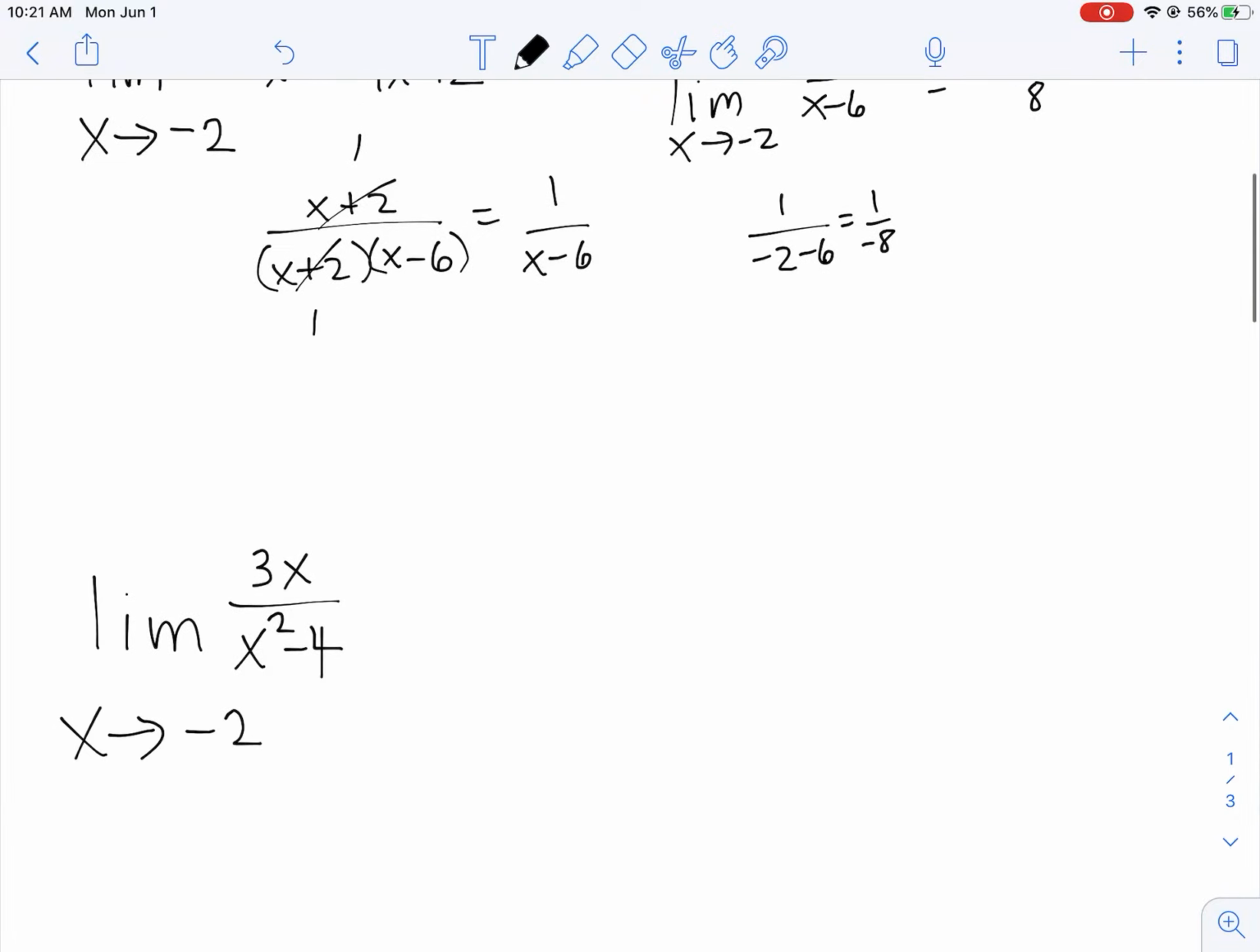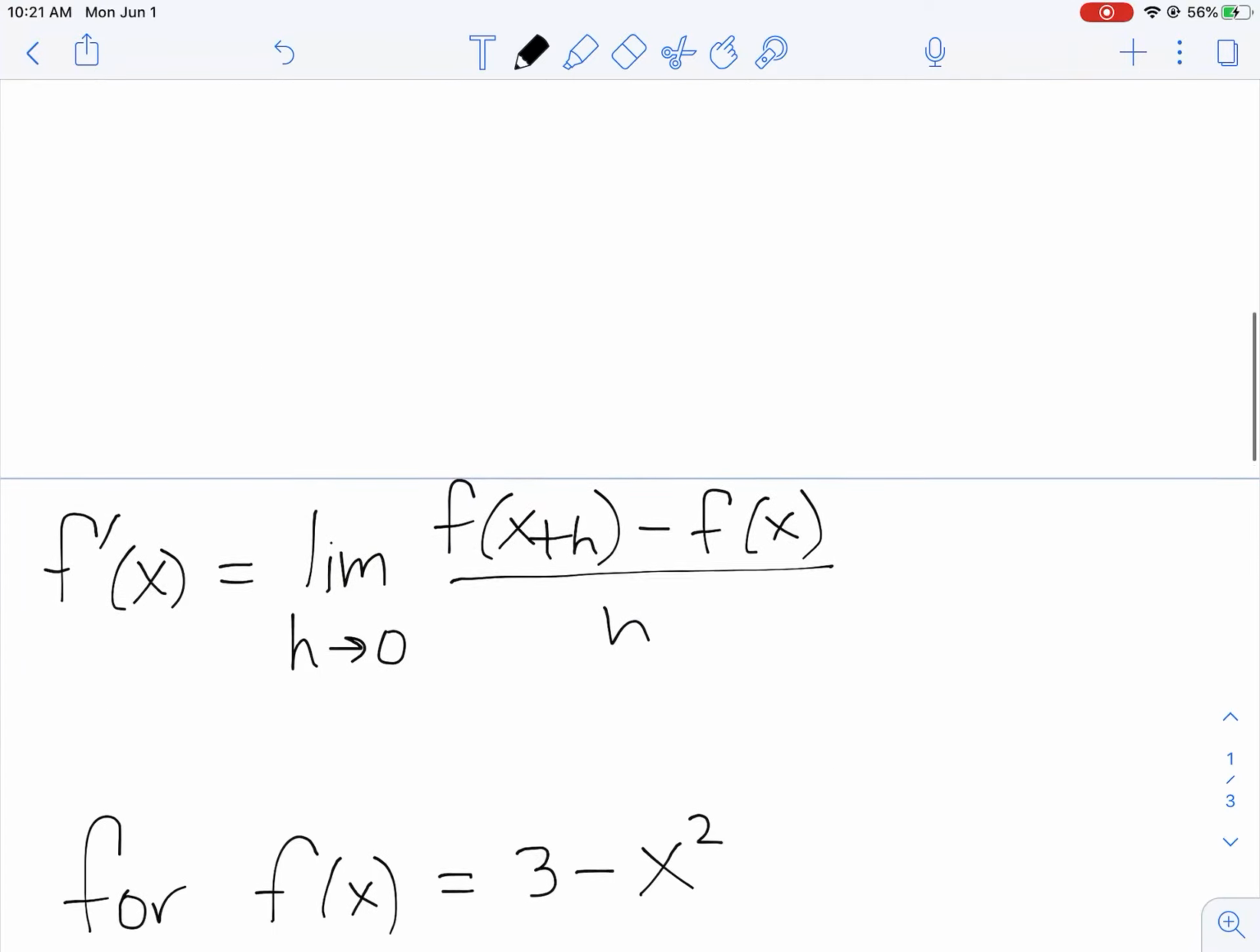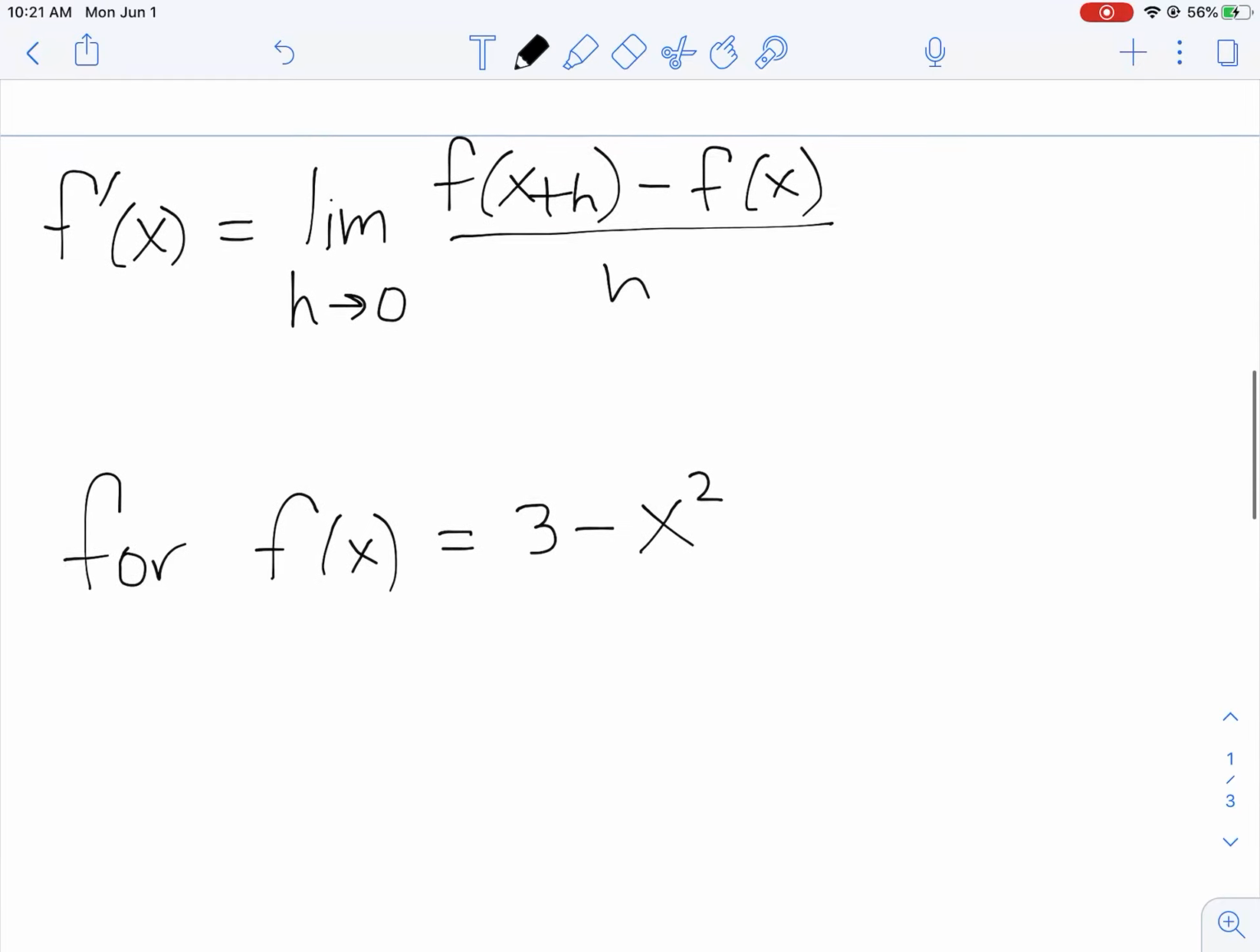Okay, this one is sort of similar. Actually, I'm going to skip this one because I just had a brain freeze. Let's practice our